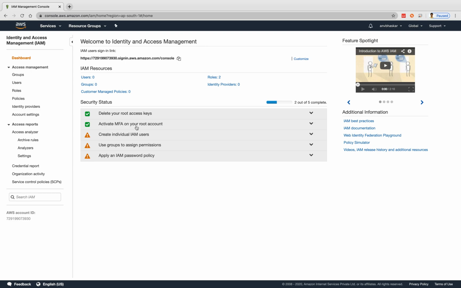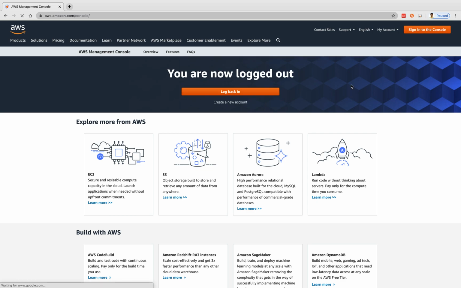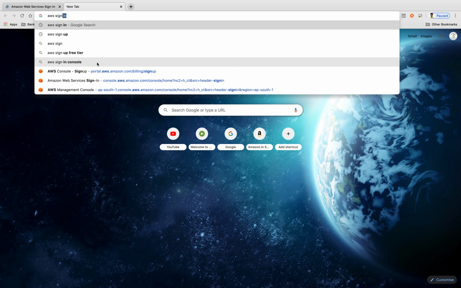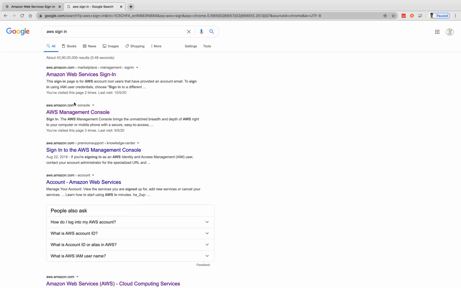Then how can I check now? I'm going to sign out. I will show you how it looks. Just click on sign in to the console. If you don't know how to sign in, just Google AWS sign in, and it will open the console page.